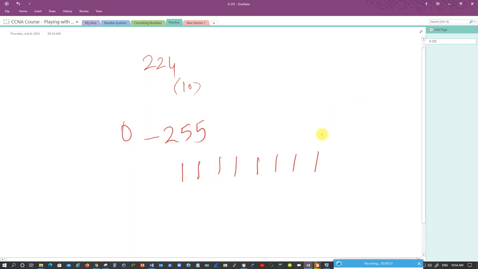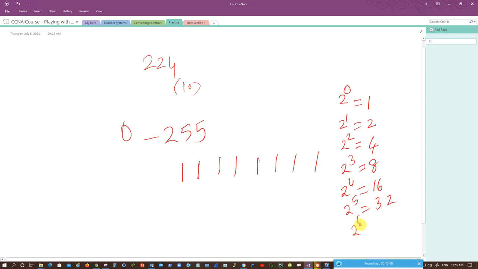Then I'll write down the powers of 2 here, because we are dealing with binary. We will start from 2 to the power of 0. Mathematics says anything to the power of 0 is always 1. 2 to the power of 1 will become 2. 2 squared will be 4. 2 cubed equals, some students I have noticed say 6, which is wrong. Actually this is equal to 2 into 2 into 2, 2 multiplied 3 times, which becomes 8. So if you notice closely, the values are doubling with each number. Then 16, 32, 2 to the power of 6 will be 64, and 2 to the power of 7 will be